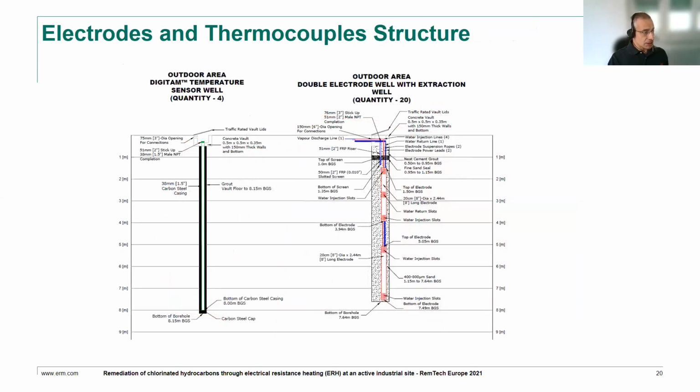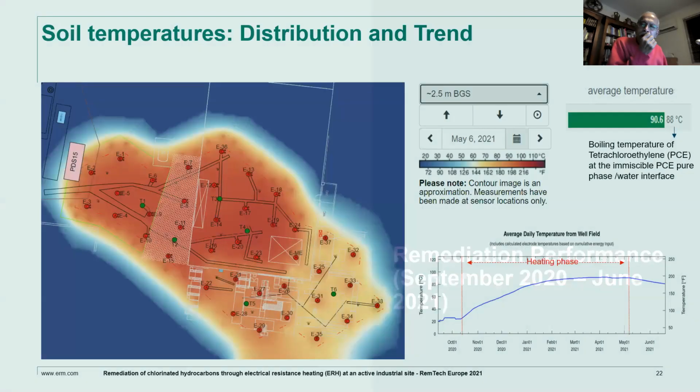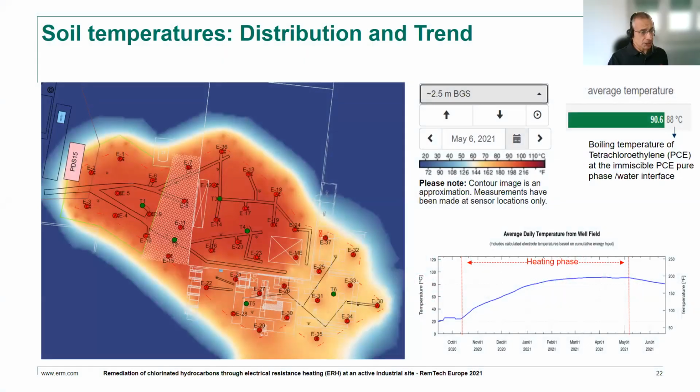Here you can see a scheme of the electrodes on the right. You can see the boreholes filled with granular materials, and the two electrodes that were inserted in the same boring, that is as well the electrode, but also an extraction point for the recovery of the contaminant. So going to the performance, I show here